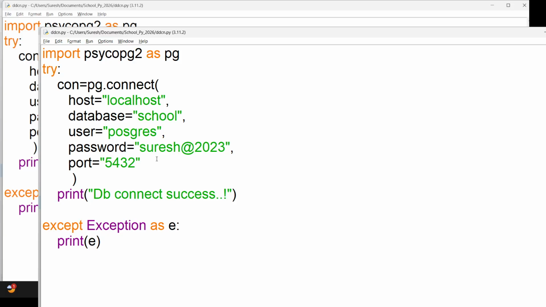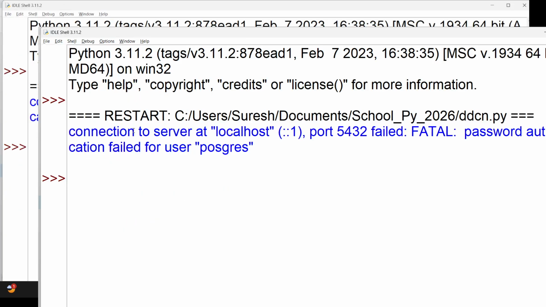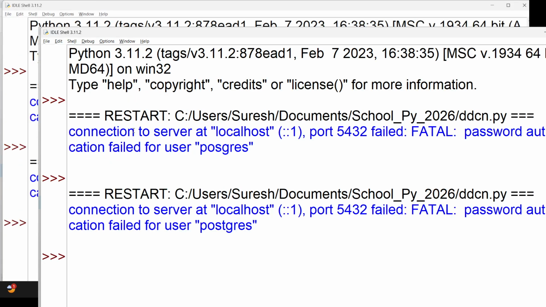Let me check the user, postgres. Okay, let's run. Is there any error? We are getting an exception that says to check the spelling of localhost.